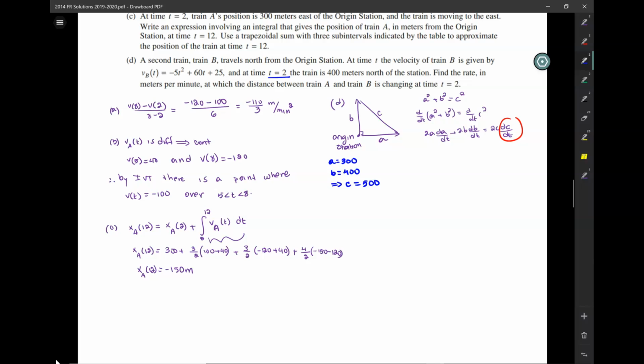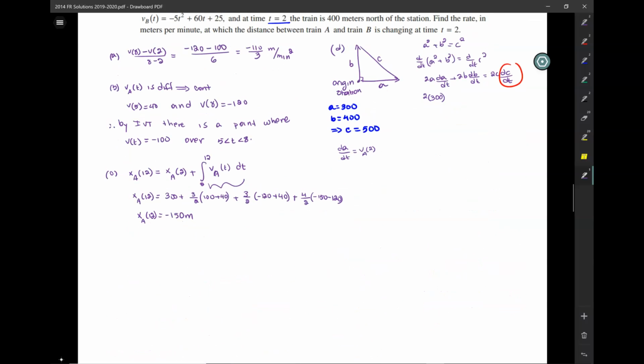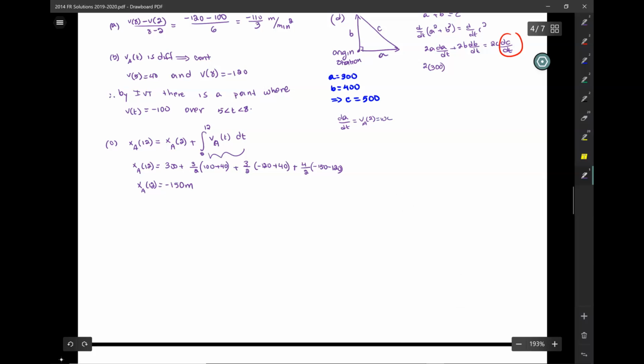All right, now here I have 2 times 300. Well, now what about dA/dt? dA/dt is the rate of change of A, which is VA at t equals 2. So from up here, at t equals 2, the velocity is 100. So times 100 plus 2b, b is 400,